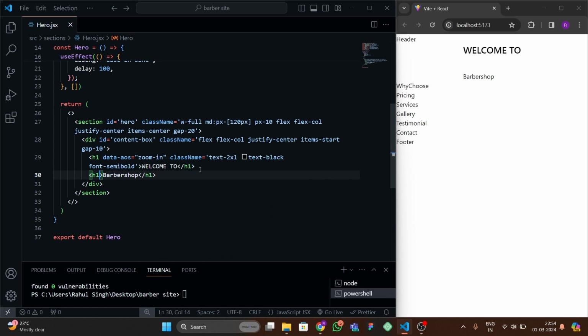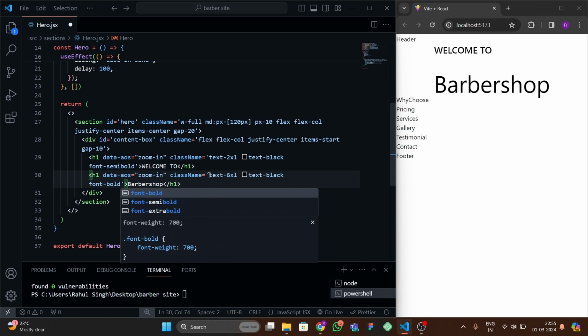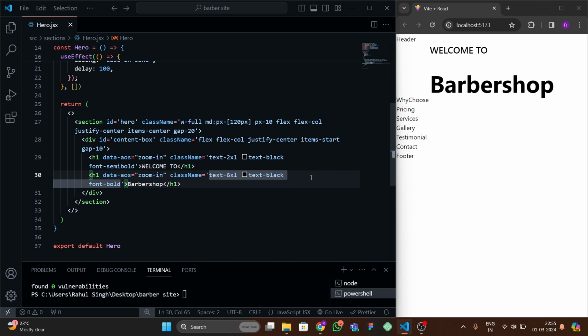Let's style it. Let's first give the animation. Let's copy this from the top and paste this here and press enter. And for the classes I'm gonna write text 6XL and text black, font bold, like that. Okay, so